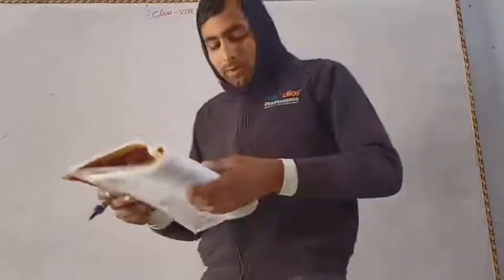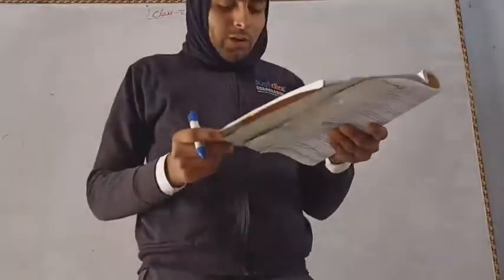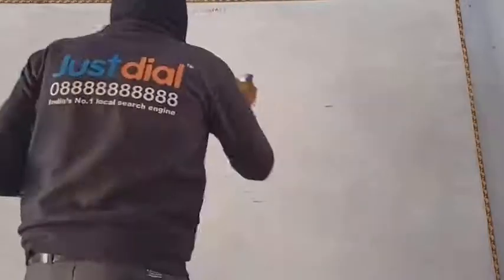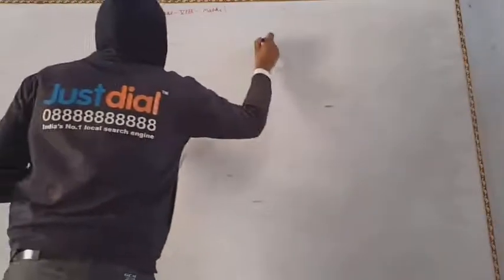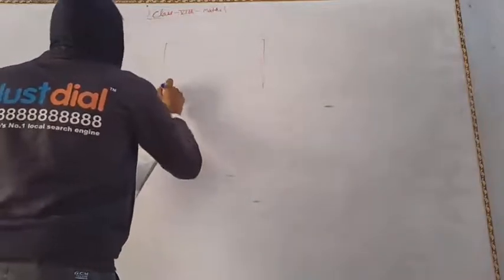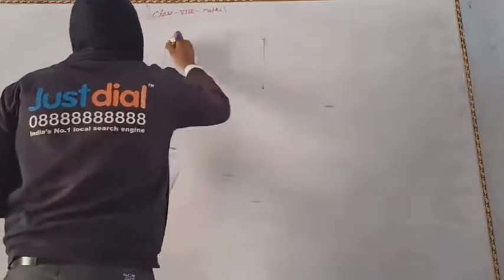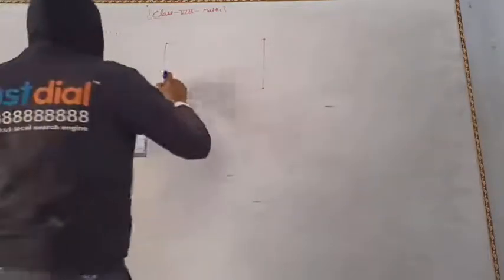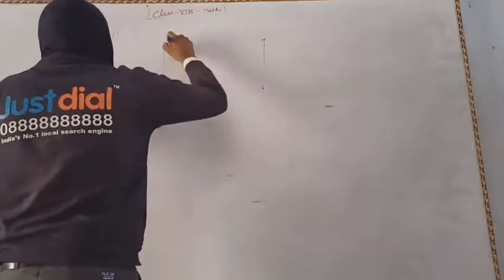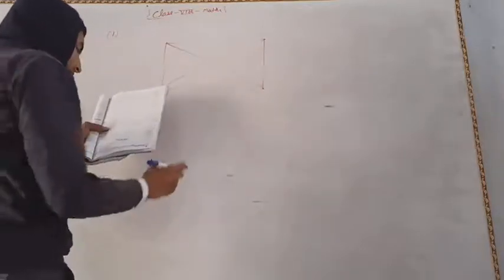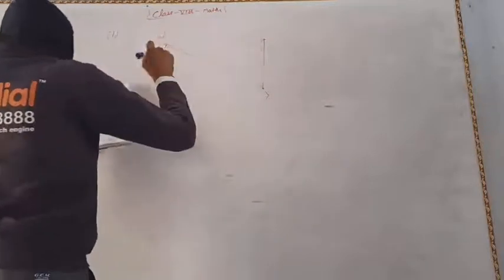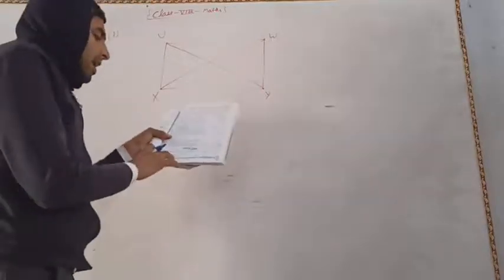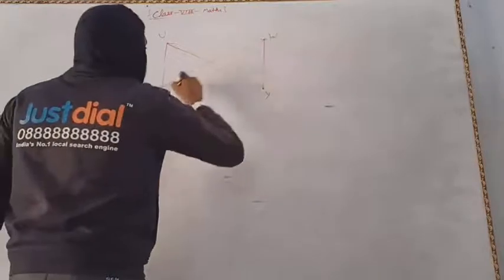In exercise 9.4, problem number one, you are given a quadrilateral in the adjacent figure, and you have to name its diagonals. In this type of figure, the diagonals are given with the points Y, U, W and X. So its diagonals are WX and UY.